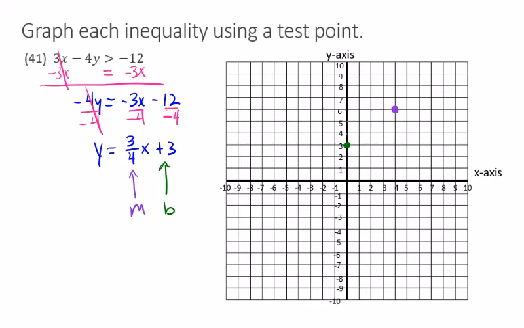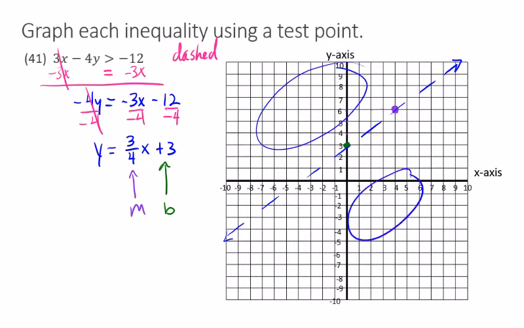Now that I have it graphed, I can go back to the original and look at the inequality. It's a greater than, not greater than or equal to, so it's going to be dashed. So I can draw a dashed line here. All right, and then in order to check if we shade above or below, instead of keeping the inequality in there, which we could have done, we want to check a test point. So I want to check any point